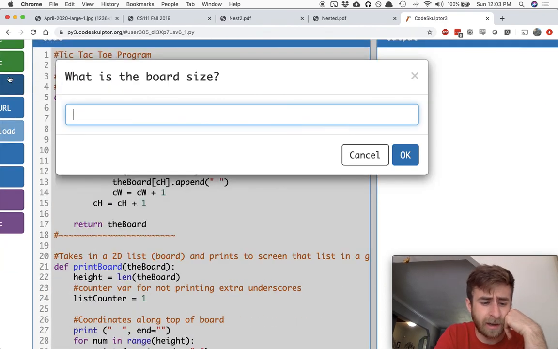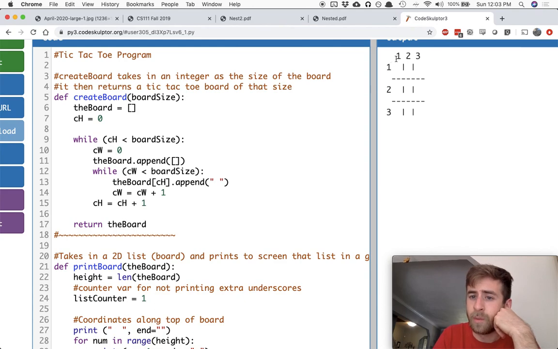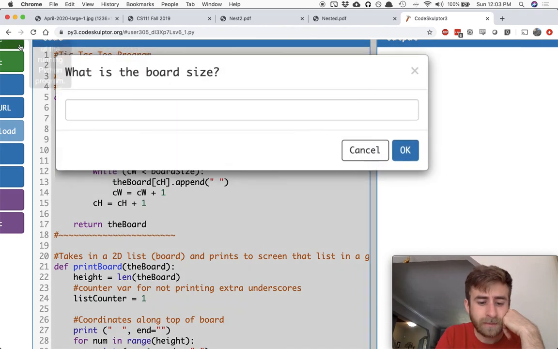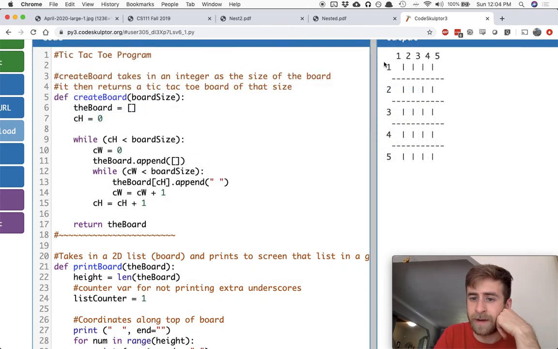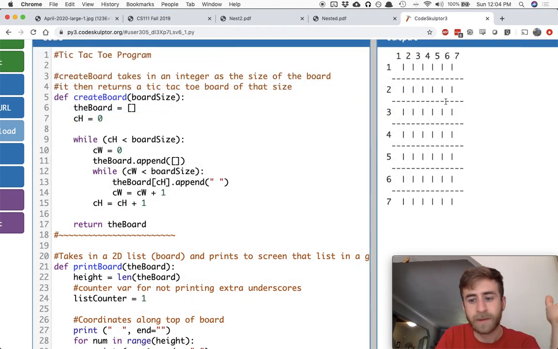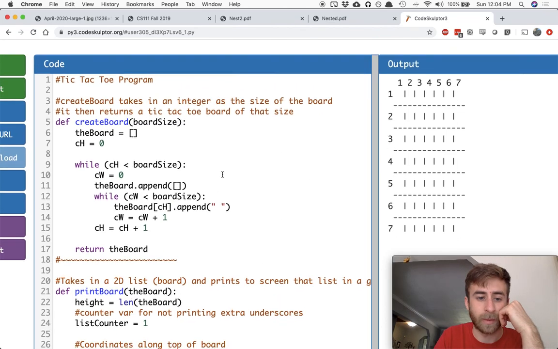So let me try running this again. As a 3 by 3, 1, 2, 3, 1, 2, 3. As a 5 by 5, 1, 2, 3, 4, 5, 1, 2, 3, 4, 5. As a 7 by 7, I think this looks good, and it's going well. All right, so